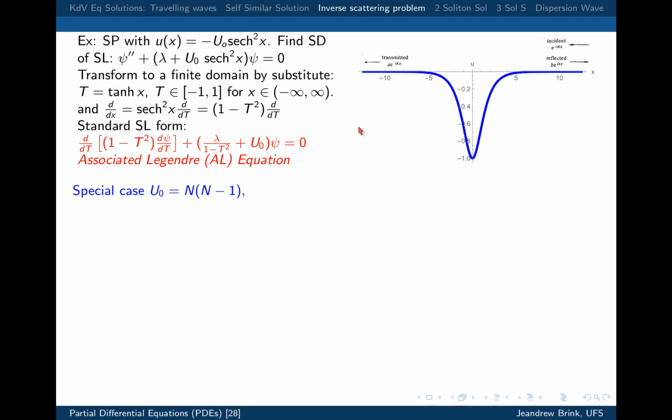So here, just to give you an idea, this is a sketch of this scattering problem. You have the sec squared, so this is the potential, where you have u of x equals minus u0, and then you have the wave coming in, the incident wave, the wave that is reflected, and the wave that is transmitted. Just out of curiosity,